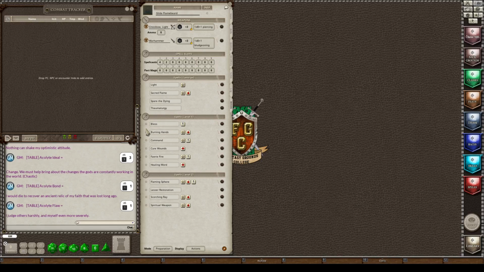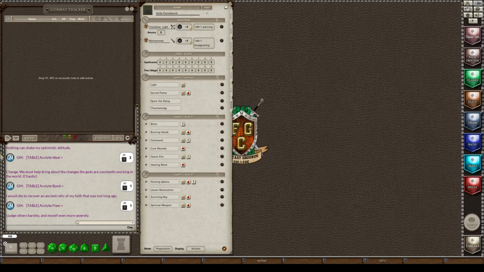Now remember, two of the spells were not part of the 6 spells that I get each day to prepare, and those were my Faerie Fire and Burning Hands, and my Flaming Sphere and my Scorching Ray. So now I get to pick 6 more spells, which is the remaining spells that I have available.